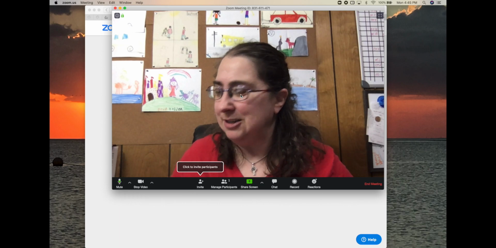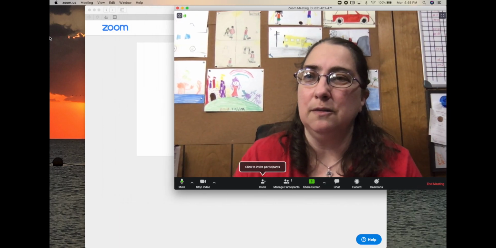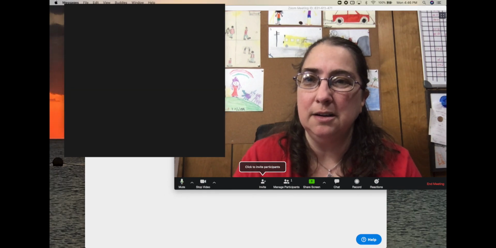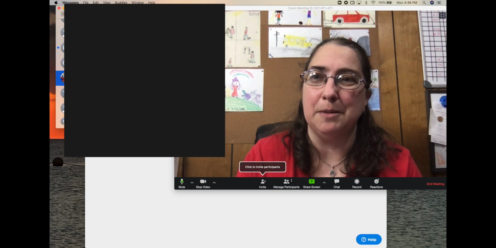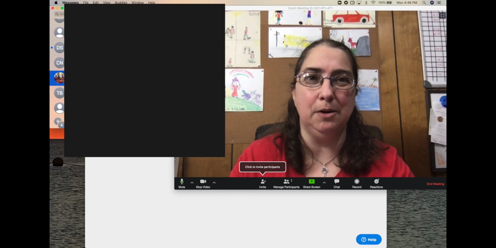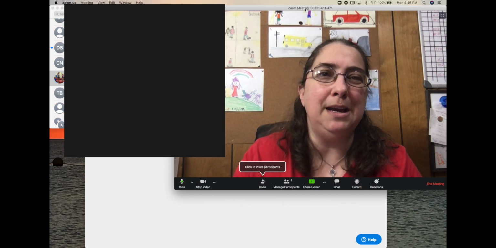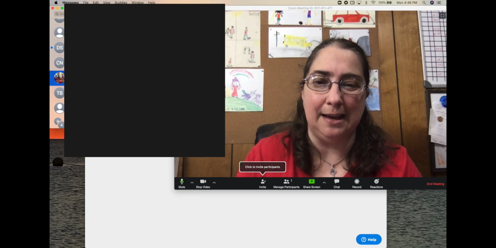So the easiest way I have found to do that, I'm going to scoot it over a bit, is to text that information to your student or their family. So in my case, I'm going to text the meeting number to my daughter. The meeting number is what you have to send them, and it is at the top of your Zoom window. So in this case, it is